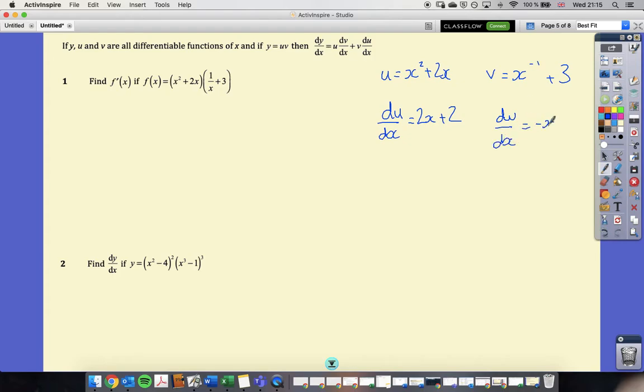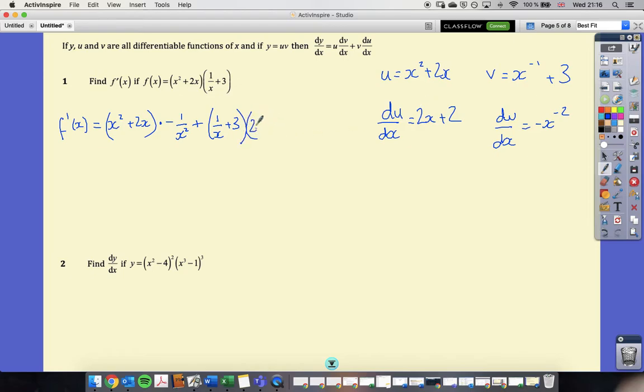Negative x to the negative 2. Okay, so let's apply our product rule. So I'm going to do u dv by dx, x squared plus 2x multiplied by dv by dx. I think I'm going to go for writing this as 1 over x squared. I think that might make simplifying it a little bit easier. Next, we want v, which I'm going to switch back to 1 over x now,